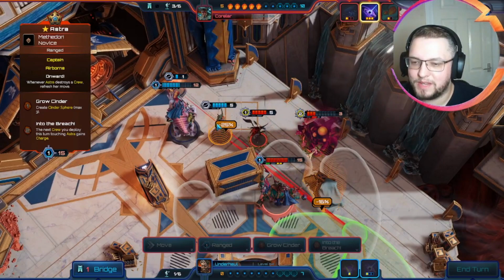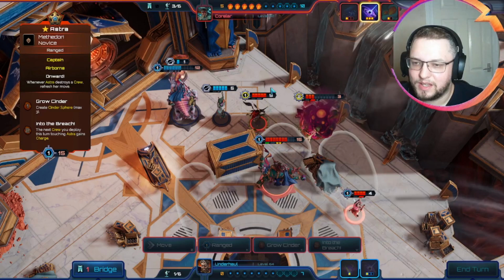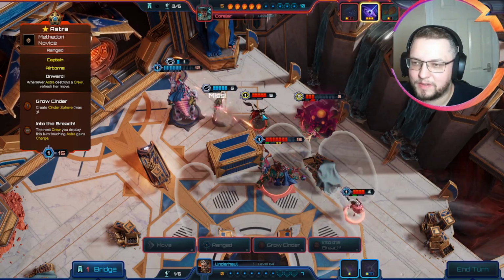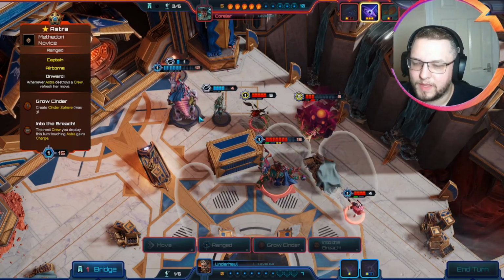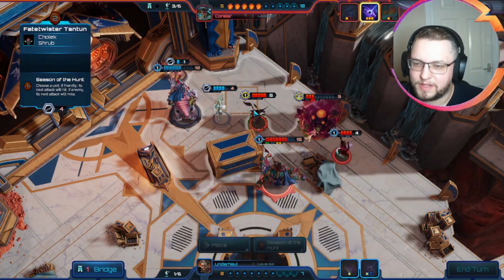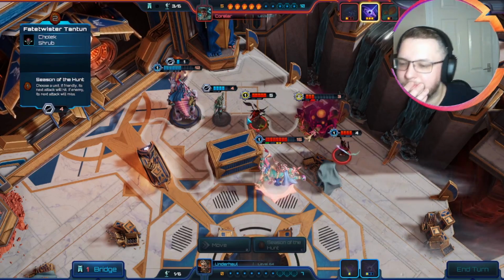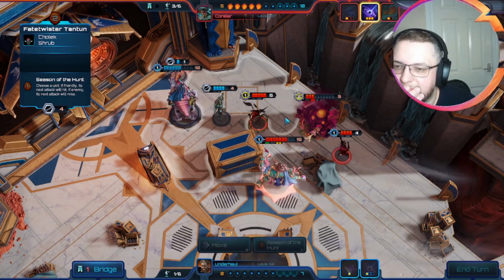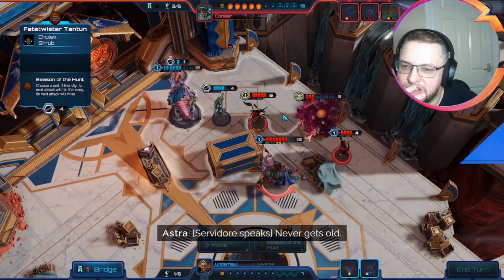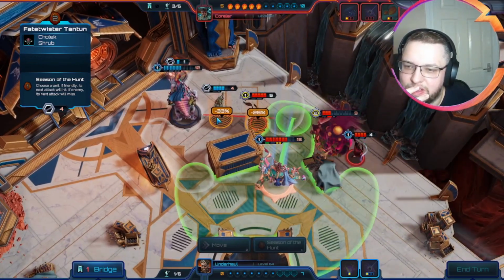I'm trying to think what we can even do here to try and deal with this. I don't think there's anything other than... Actually, depends how much Cinder we can get. Maybe there is. Okay, what can we do? I mean, I'm not convinced there is. Never gets old. Yeah, I mean, this is all fine. What if...